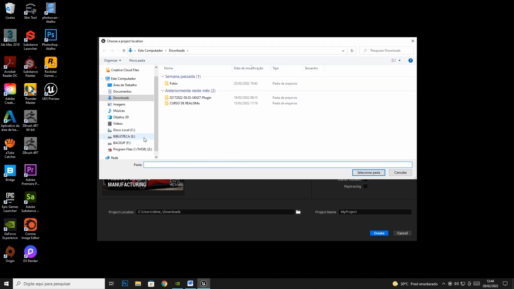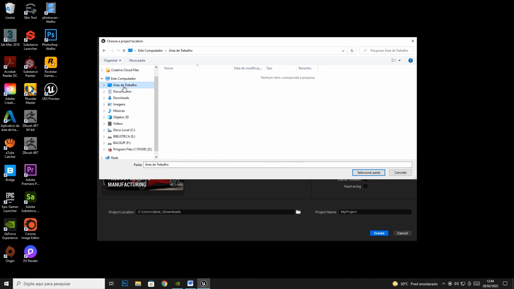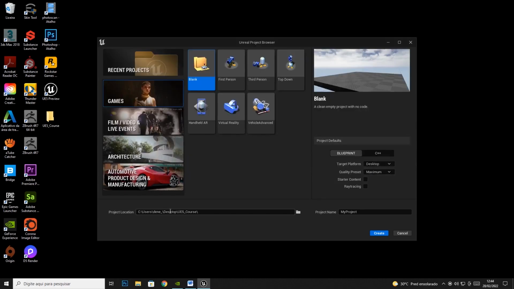Let's create our project, for example, at maximum in Documents and another folder, right here, or Workspace and some folder here, okay? So let's create in Workspace and let's call it Unreal Engine 5, UE5 underline course. Look at this folder, okay? Only a folder. It's way faster for Unreal to find these paths, okay? And the project name we can use, for example,